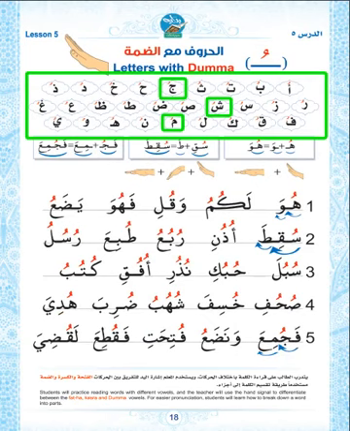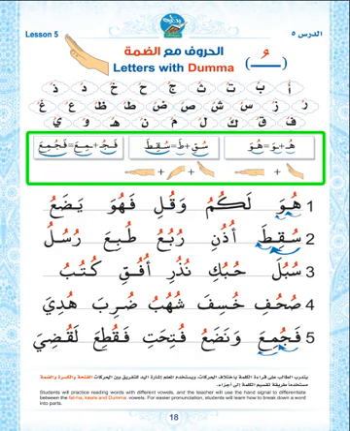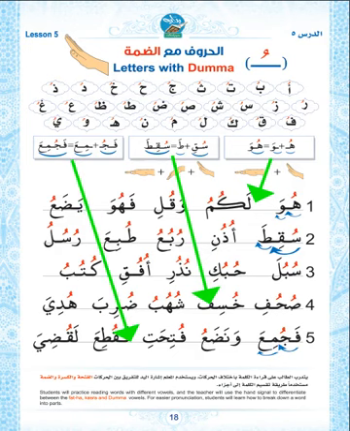Also, the next part of this page, as usual, is for the instructor's aid in teaching the student. Each box refers to a certain line number. For example, the first box, which contains a 2-letter word, refers to line 1 for sake of explanation. Box number 2 refers to lines 2, 3, and 4 with 3-letter words. And finally, the third box refers to the final line with 4-letter words.